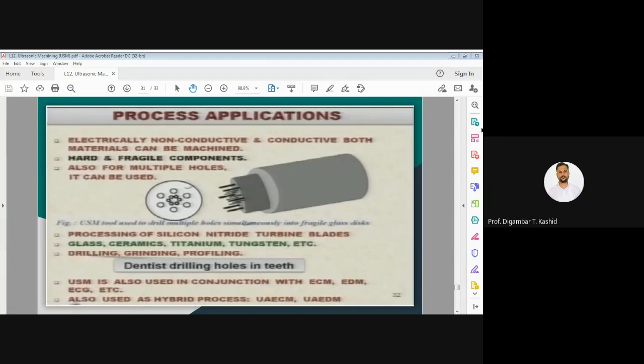Again, this is a very good process for hard and fragile components, or components made of hard and fragile material. Another very important capability of this process is multiple holes. Multiple holes or multiple cavities can be machined at the same time using this process. As you can see in this figure, which I have shown in the slide,